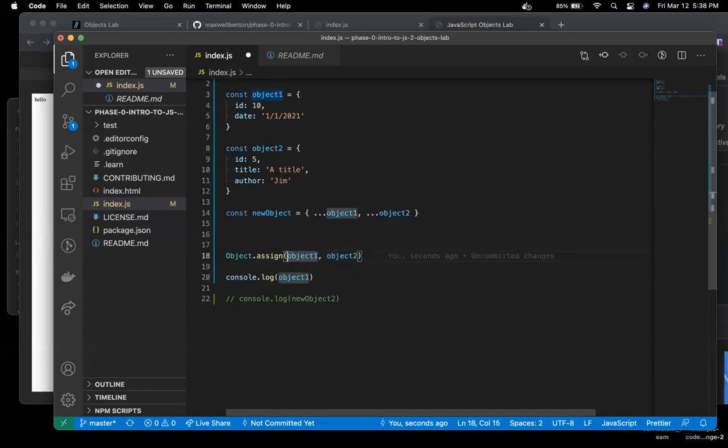Now, if I wanted to make this line act exactly like this, where I'm creating a new object, I would want to put it somewhere because I'm creating a new object and need to store it somewhere. Instead of passing object one as the first argument, I pass in an empty object. Because we're saying whatever, now this is the object we'll push everything else into. And because we're just creating it on the fly as a new empty object here, if we log this now,